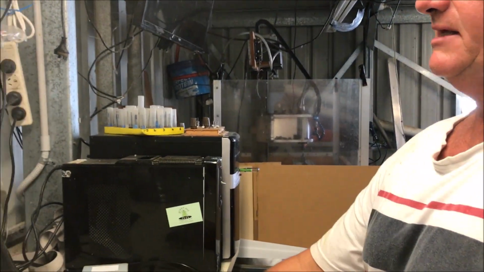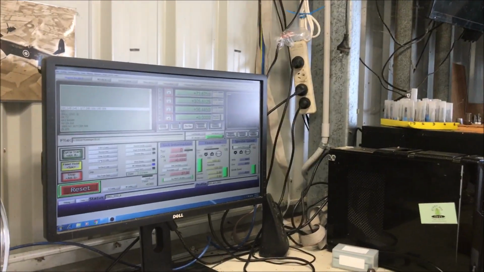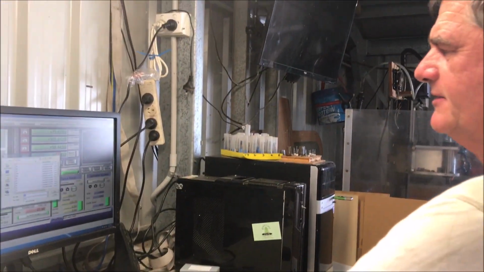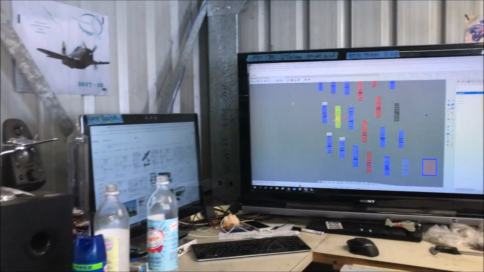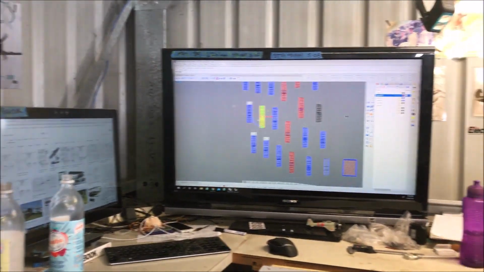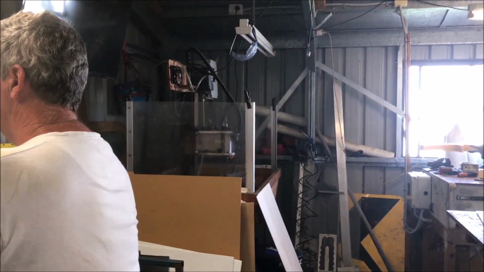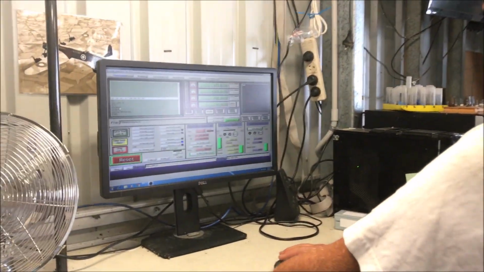In with the USB stick, straight into Mark III. Onto the other computer. Yep, this computer's hooked up to the router, so that one does the drawing. The drawing computer on that side. And this one runs the machines. And the machines, we've got the mill. So you just load in that G-code that we just created,